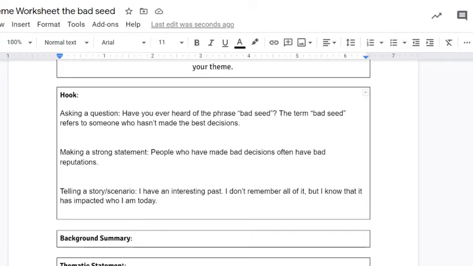It just has to be a little bit shorter because the introductory paragraph is a little bit longer. So it does have to be 1 or 2 sentences. It doesn't have to be like 3 or 4. So you'd have to be able to tell your story scenario very quickly. In this case, I do it in 2 sentences. It is a little bit trickier to do the tell a story scenario unless you're going to explain it a little bit more. This is a little bit more advanced and it takes a little bit longer to get used to and maybe explain a little bit more.